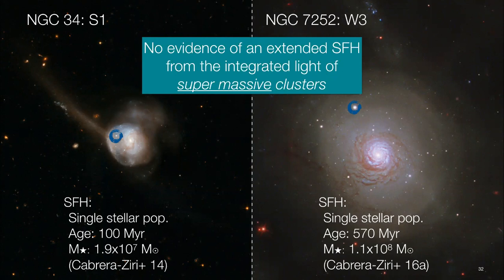Remember, the models that we invoke star formation events that last hundreds of millions of years. So if everything is correct with these models, these clusters should be forming stars like crazy, but this is not what we see. Okay, so at this point, you might be thinking, wait a minute, that's all fine, but obviously